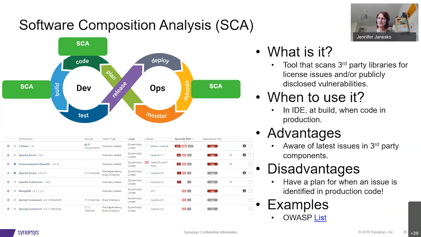The next scanning tool is software composition analysis. This is a tool that allows you to look for licensing issues in third-party components or third-party software. It also allows you to look for publicly disclosed vulnerabilities in third-party software. And what this does for you is, especially if you're doing mobile,